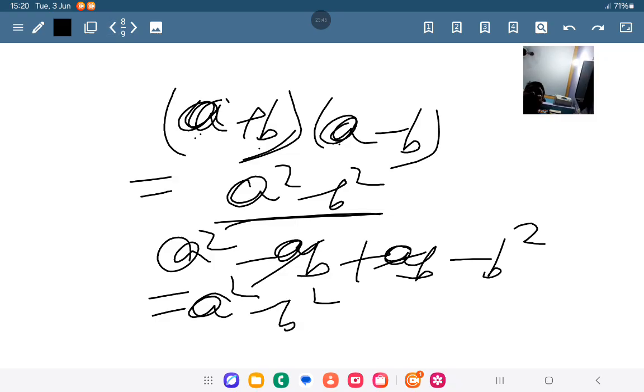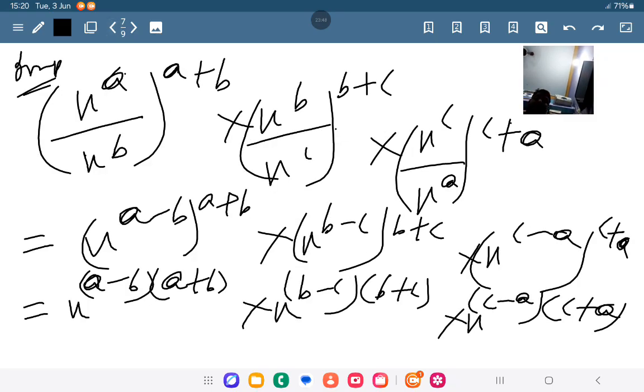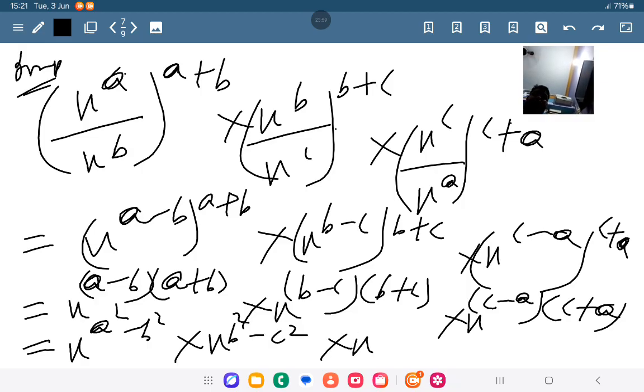Clear? Now, just come to here. So now I can write x to the power a square minus b square, into x to the power b square minus c square, into x to the power c square minus a square. Clear? Now just the bases are equal, we are multiplying them, then what will happen? As per the rules, these powers will be added. Okay, I can write now here